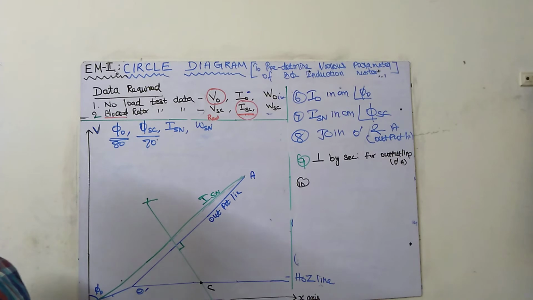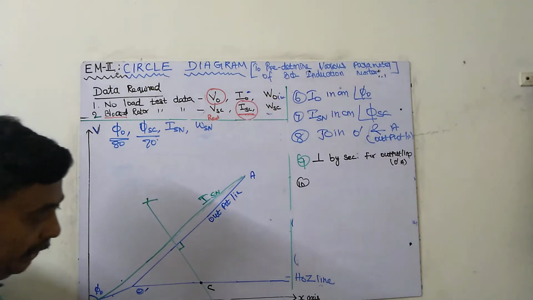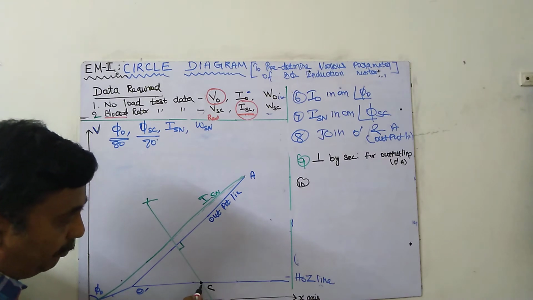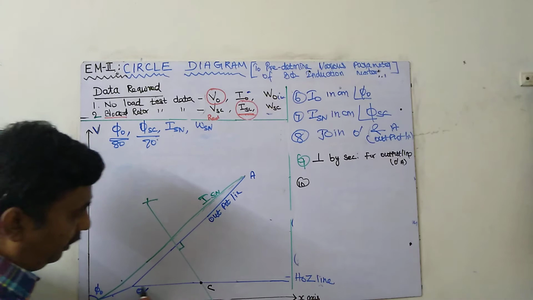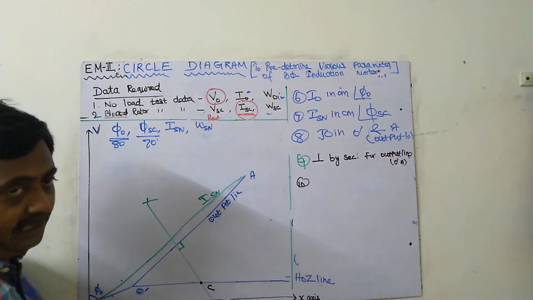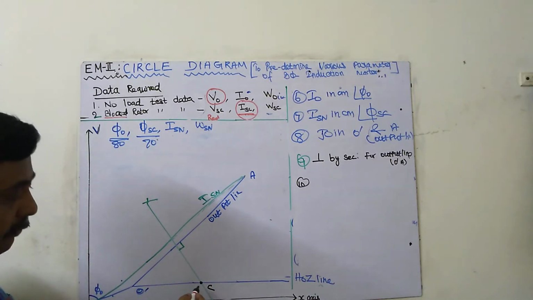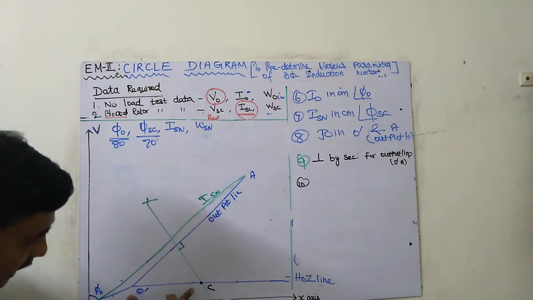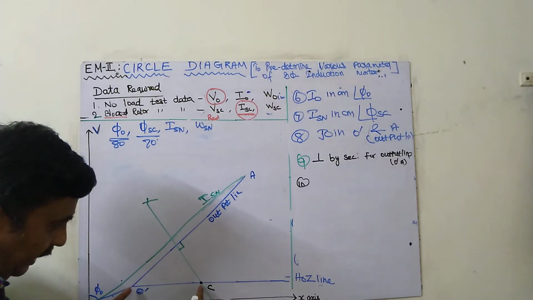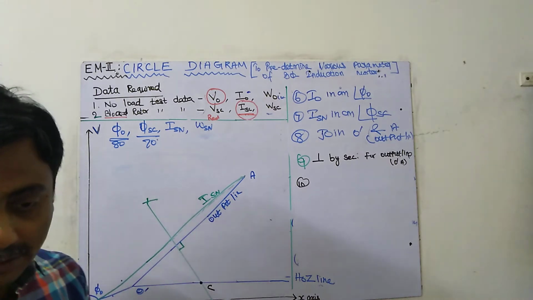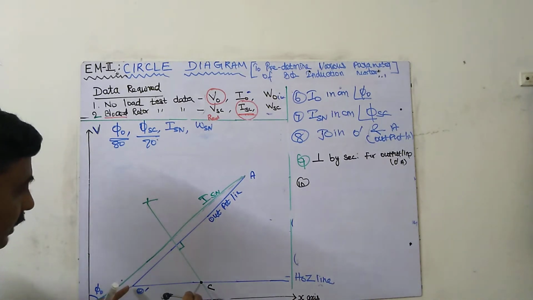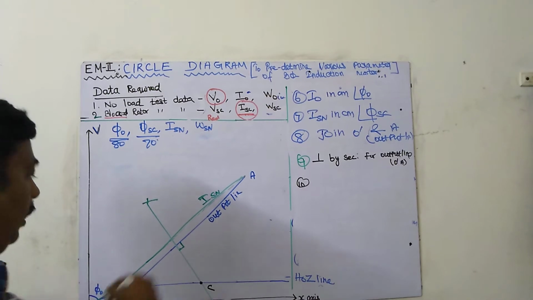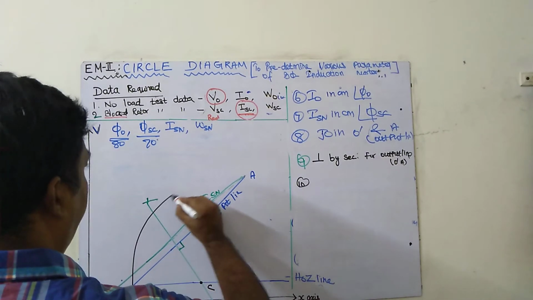We have to draw a semicircle. Don't take the x-axis, take the point on the horizontal axis. How do we draw a horizontal axis? This is I0. From I0 we have drawn a parallel line to the x-axis. That line is called the horizontal line. So I have to take C as a center and C dash O as a radius, and draw a semicircle like this. If I draw the semicircle, it will be like this.